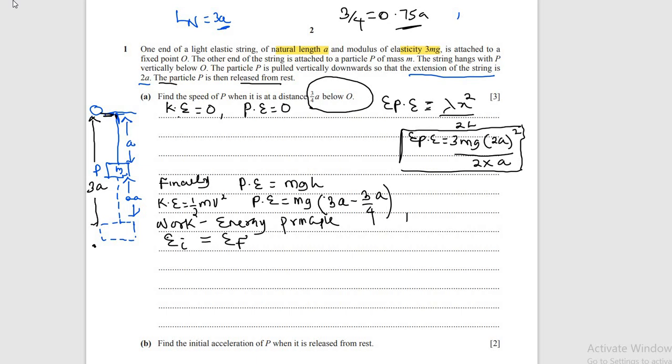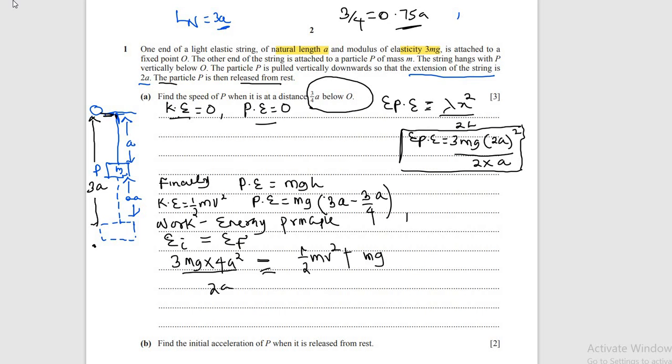Initial energy, the elastic potential energy, is 3mg times 4A squared all over 2A. Final energy is kinetic energy, half mv squared, plus potential energy, mg times (3A minus 3A over 4),